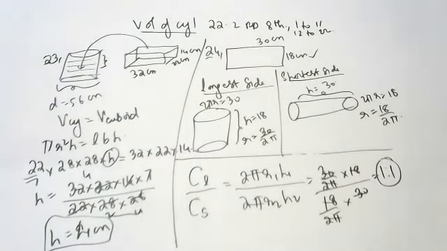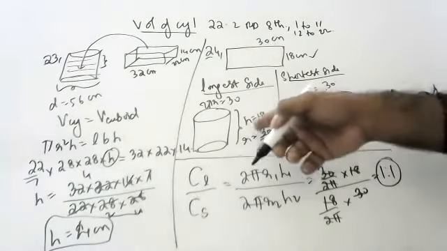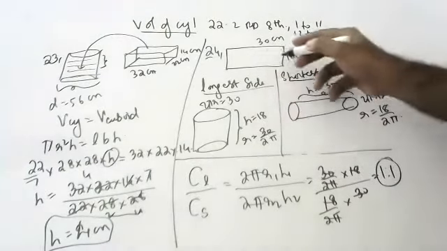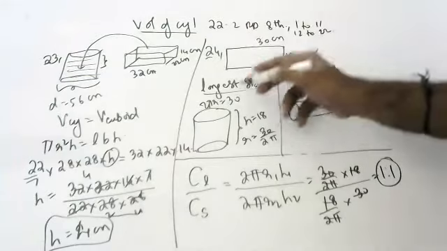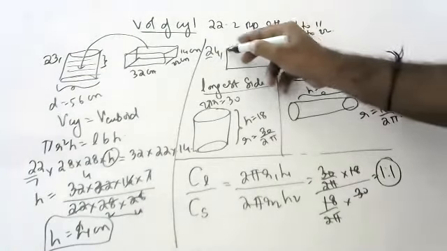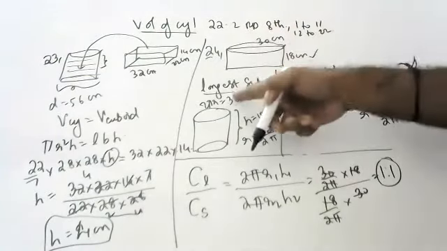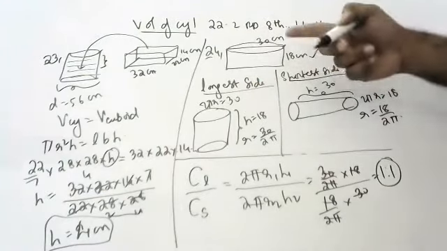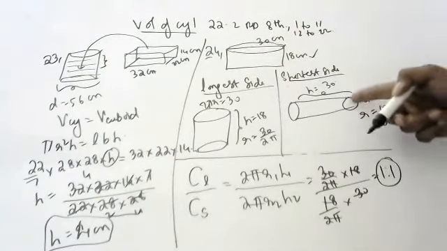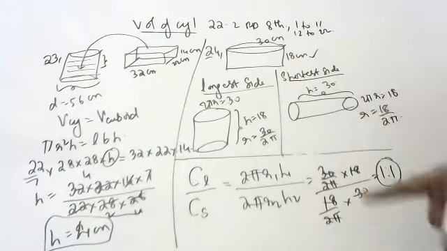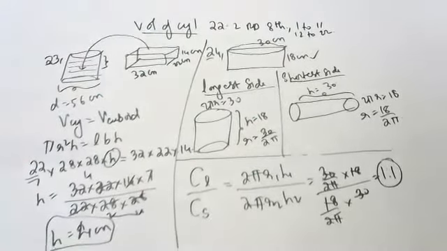Okay, children, 1 is to 1 is the ratio. Those who didn't understand: when you are rolling along the longer side, this will become round, so 2 pi r is equal to 30. When rolling along the shorter side, 18 will become 2 pi r, children. Means the circumference will become 2 pi r like that. So 1 is to 1 you got in the two cases, children.